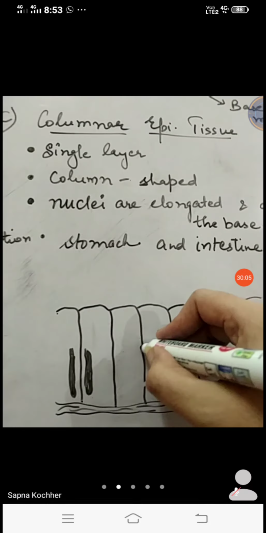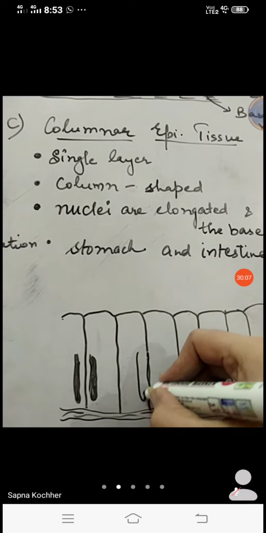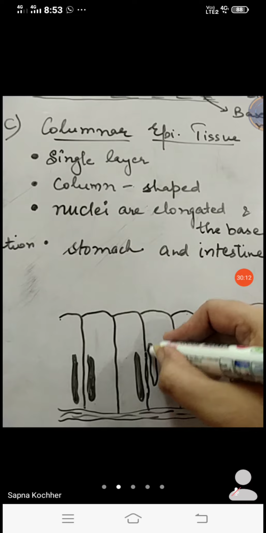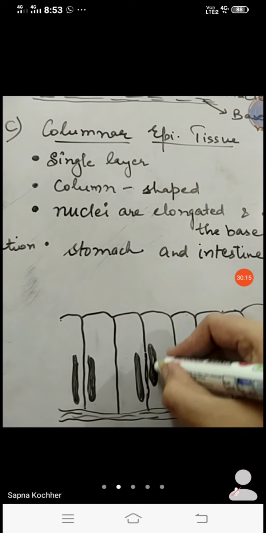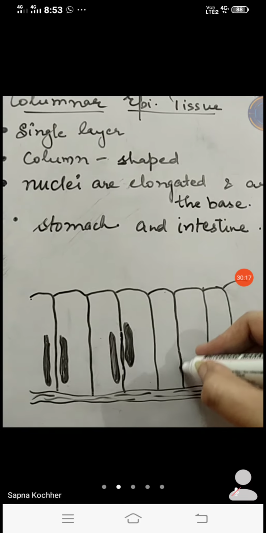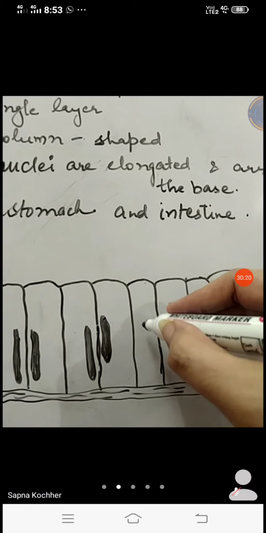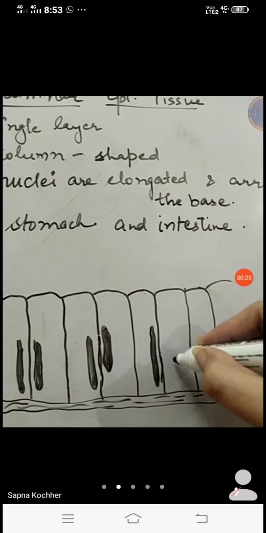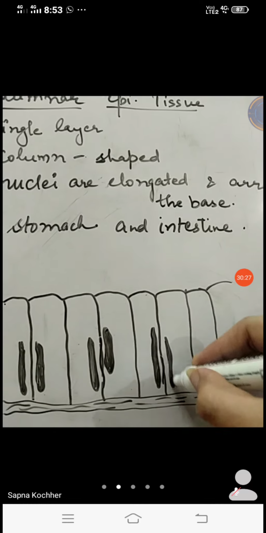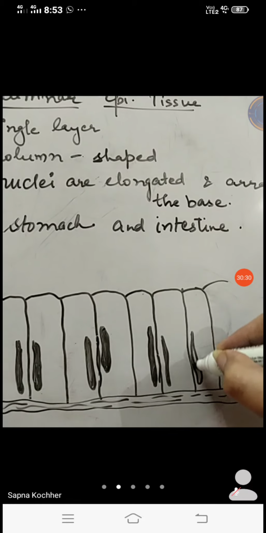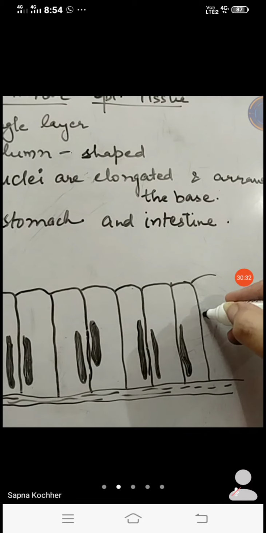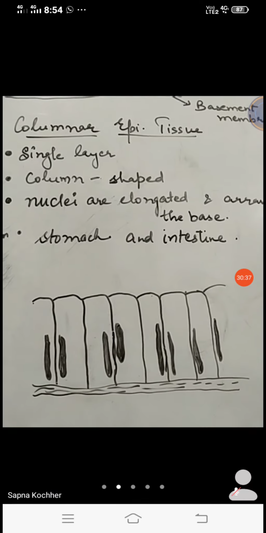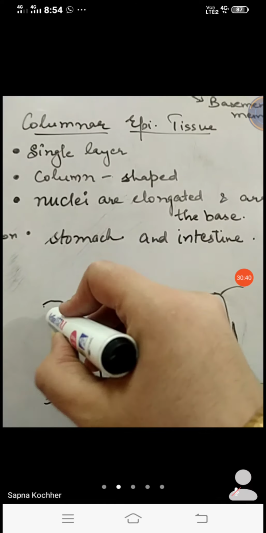Okay, so make it somewhere near the base and along the side walls. It is found along the side walls, right? Any side you can make it, and then the labeling will remain the same. It can be in the less than middle part also, but not near the top level. That is near the surface, it won't be there, right? So like this, the nucleus is extended. It is elongated or extended because the cells are also elongated, more long and less wide, right? Having the cytoplasm.